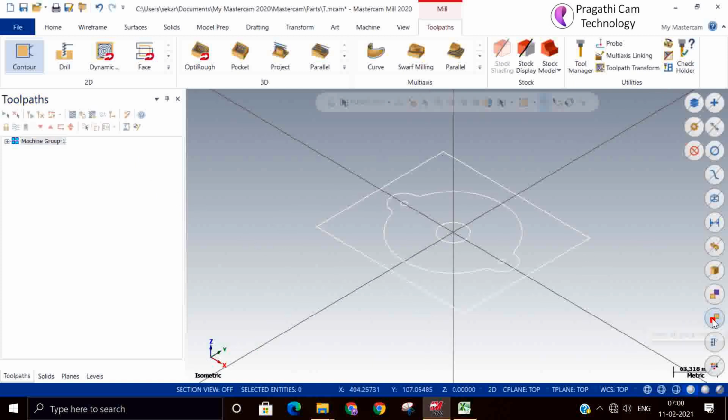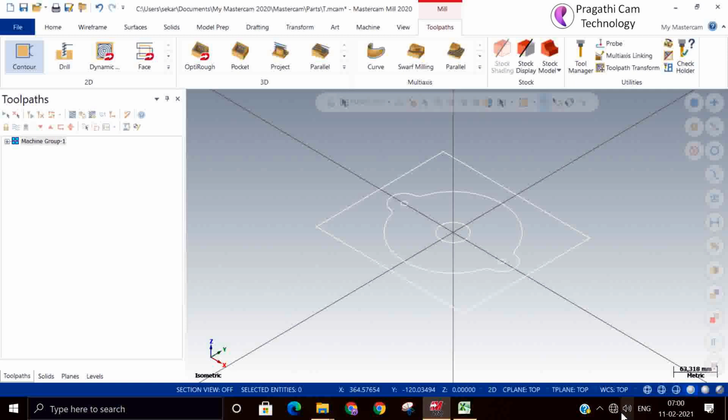Okay. So what are all the options to set 0? You can make any of the four corners 0, or the center of the job 0, or any one hole may be 0. So you have around 4 plus 3, around seven options available now.